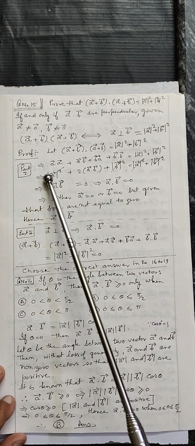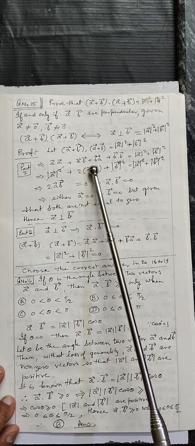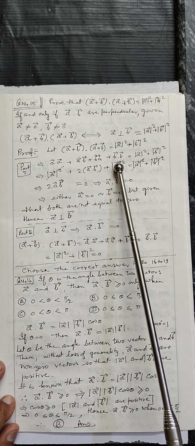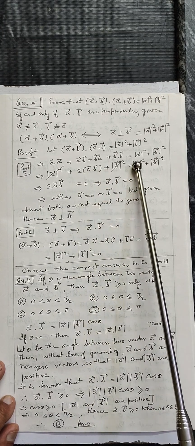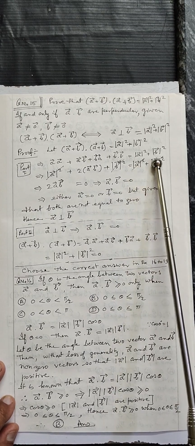Part 1, that is A into A plus B into B plus B into A plus B into B. This will give us the magnitude of A whole square plus the magnitude of B whole square,